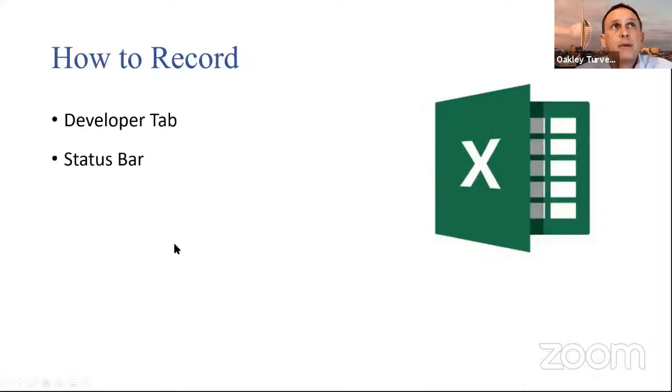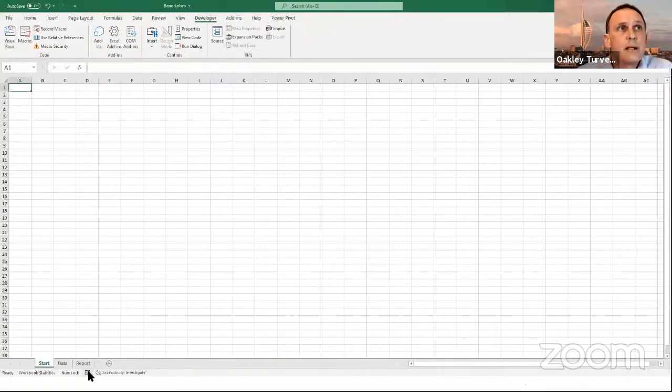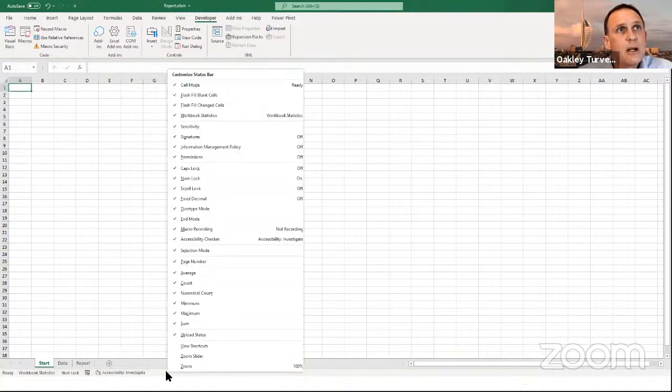There's another way, which is the status bar. And a lot of people don't realize this, but down at the bottom of your screen in Excel, there's a whole bunch of stuff along the bottom. And this is the status bar. Now yours might or might not show that button there. If it doesn't, just right click. And my advice is tick everything, because most of the stuff up here is useful for you to see. And if you haven't got it ticked, you're never going to know that the machine knows that.